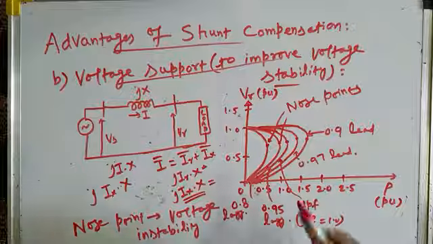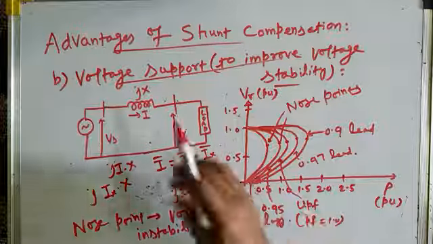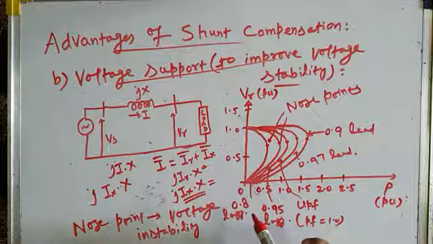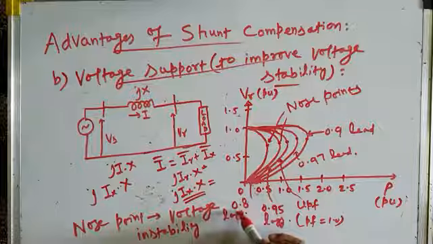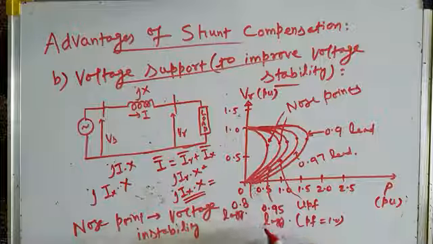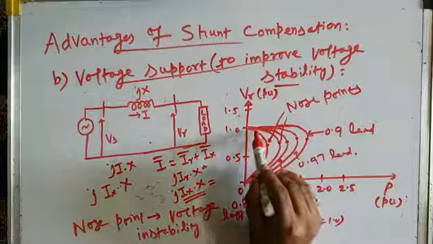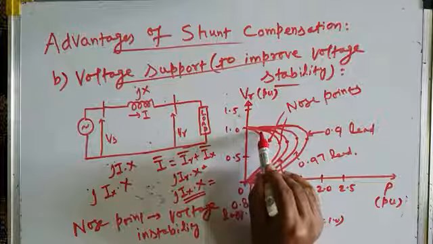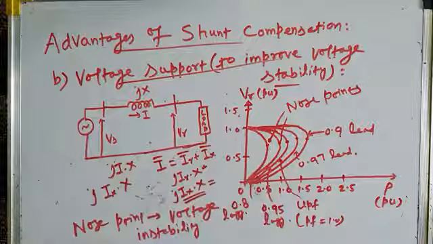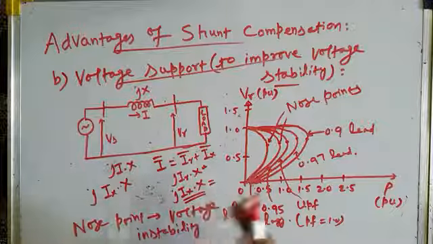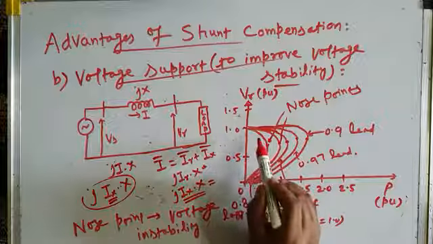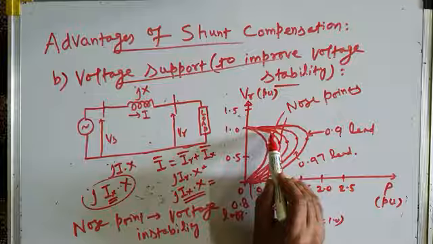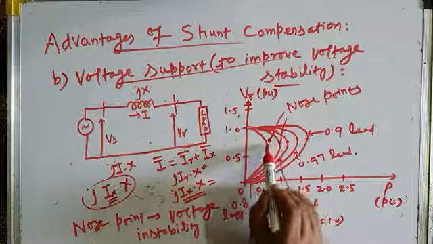Okay. Similarly, now if active power is the same, but reactive power changes. In other words, if the load power factor improves from 0.8 lagging to 0.95 lagging, you can see the drop in the voltage is less as compared to the previous case. Why? Because the reactive component of power decreases, and because the reactive component of power is now less, the Ix component is less, and this drop decreases, and therefore there is better receiving end voltage,